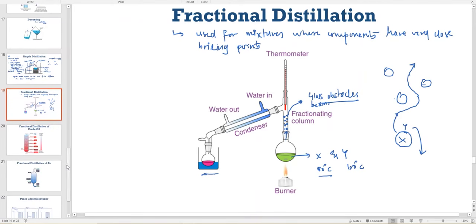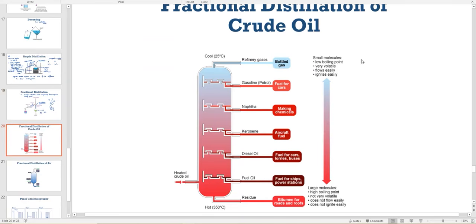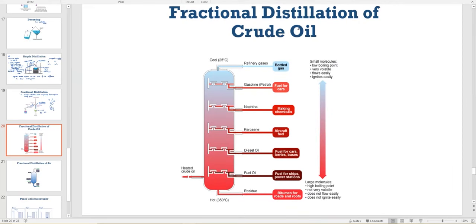Moving on to the main application of fractional distillation, which is the fractional distillation of crude oil. What is crude oil? Crude oil is the oil